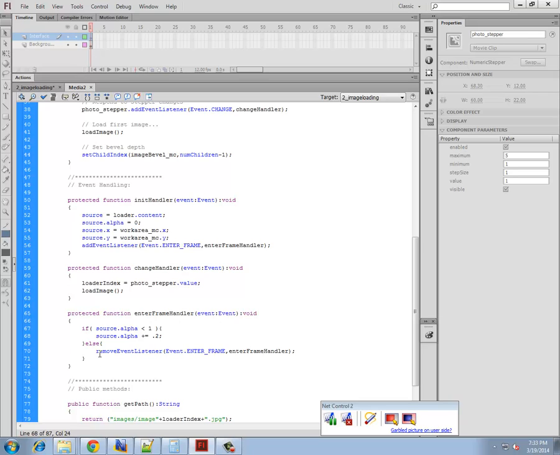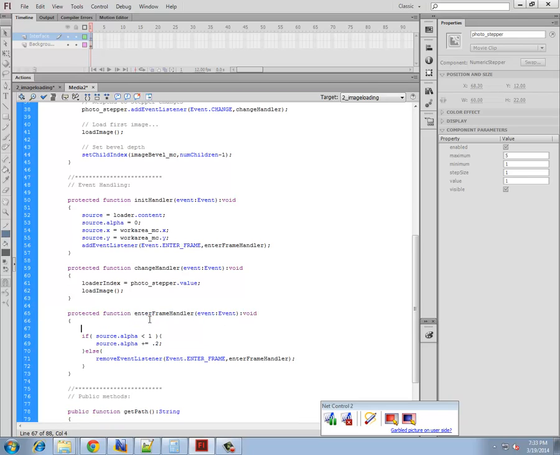And if you're done, then stop listening to that and, oh wait, what's this? It's calling itself. Can anybody tell me what that is? Anybody? Here, what they could have done, and how many of you are familiar with for loops, or just loops in general? What they could have done is they could have said, while source